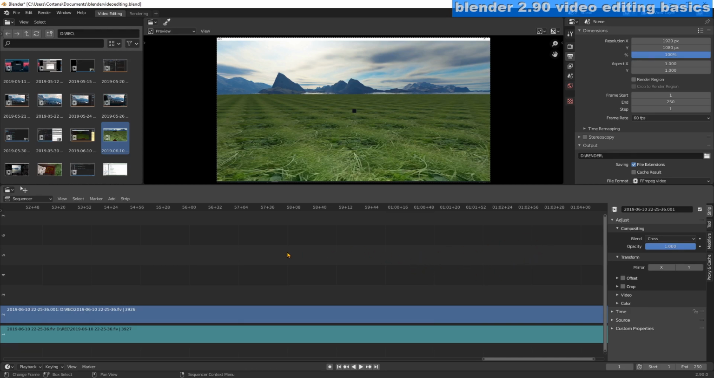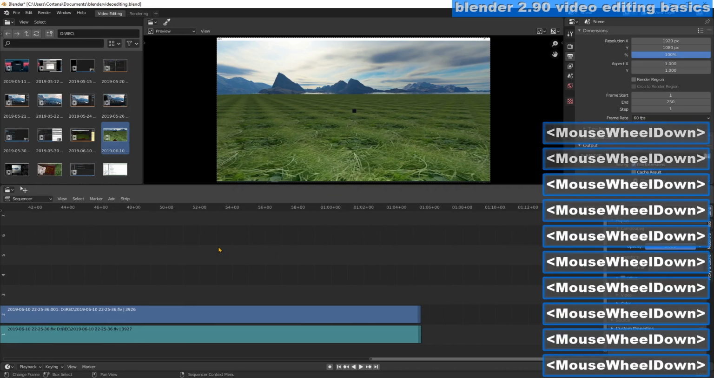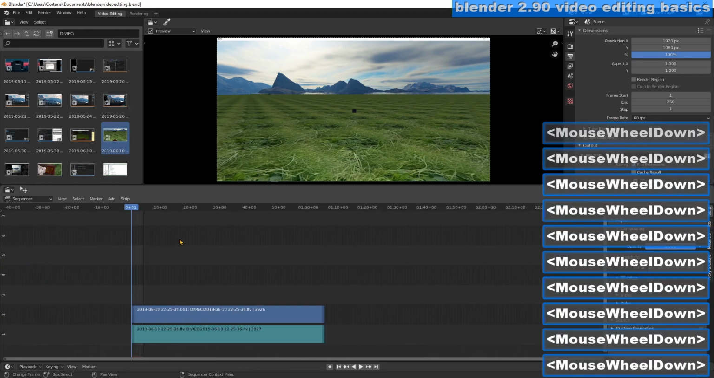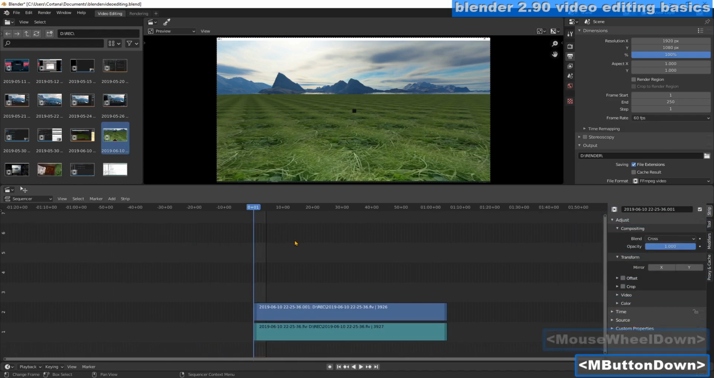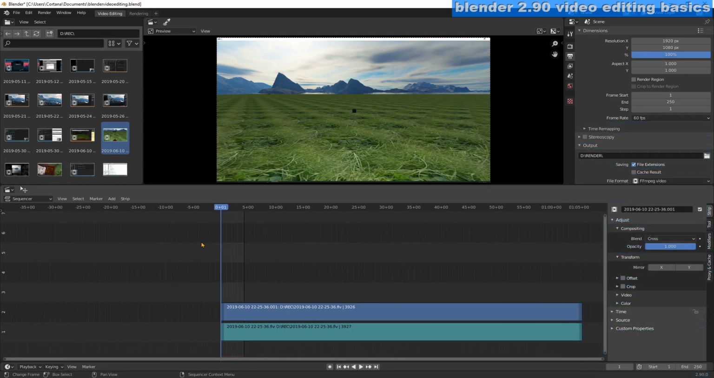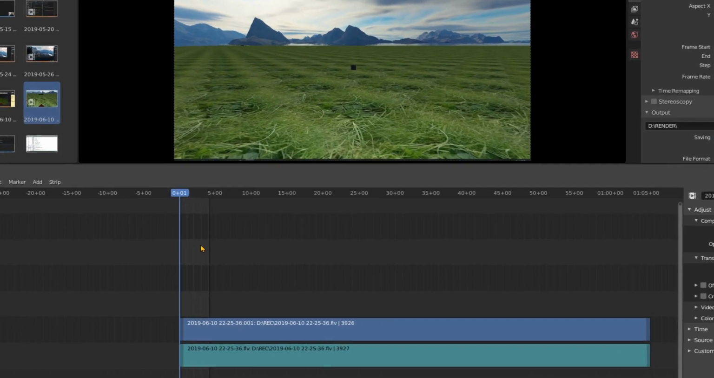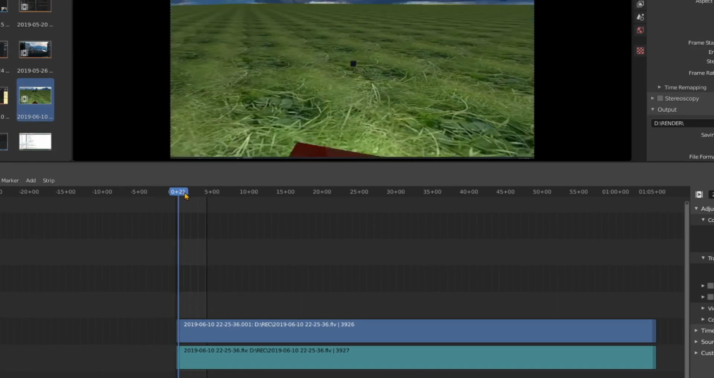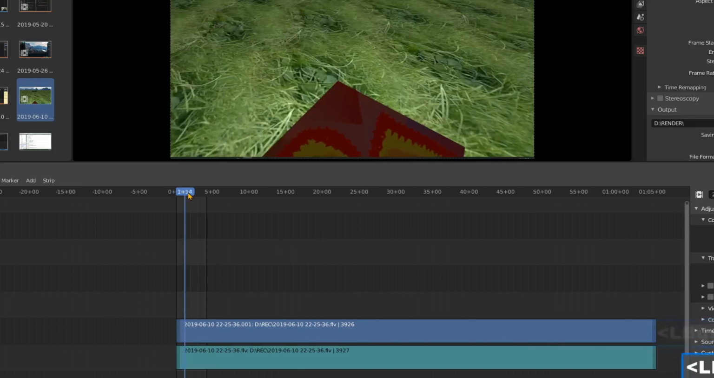And now we want to scroll out so we can actually see everything. Keep scrolling out, mouse wheel, get it all centered up. And you'll see here, there's an area that's lighter. This light area is where it's actually rendering. And you can drag this playhead here